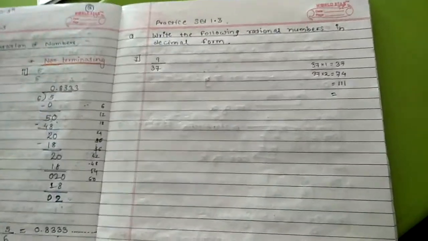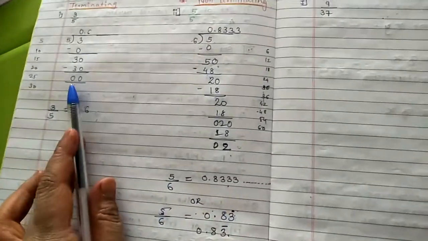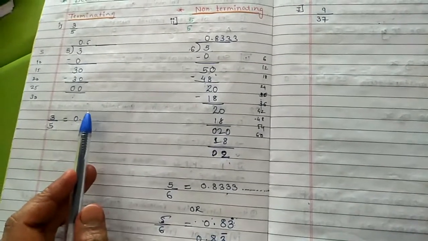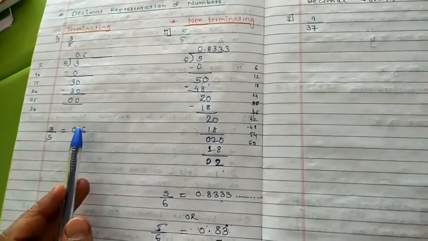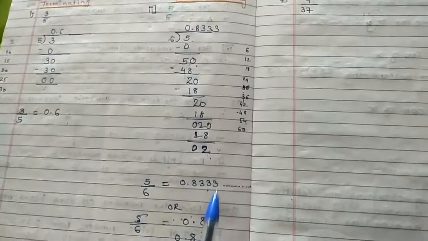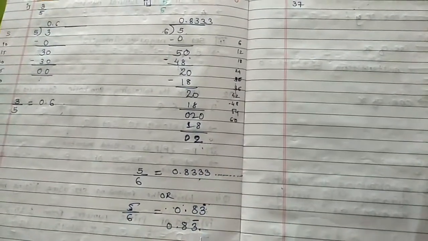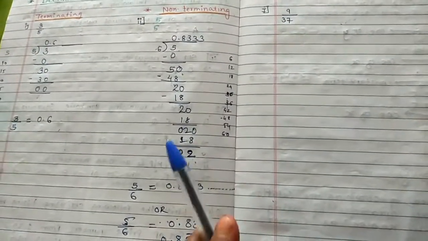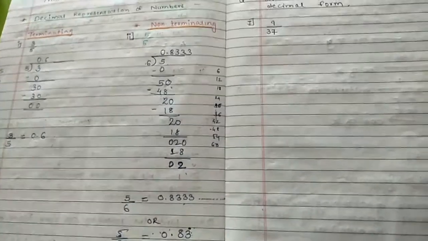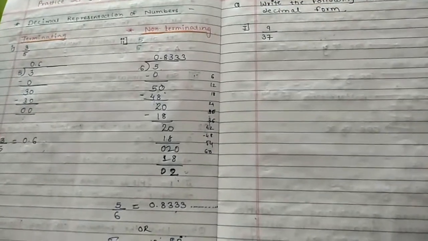That is question number 1 from practice set 1.3. And keep one more thing in mind. Suppose the remainder you are getting is 0, so you have to write the decimal form like this, and at that time there is no need to show the dot or the dash on the head because it is a full division. Here we are getting remainder 0. But we have to put the dot or this dotted line or the dash when we are not getting remainder 0, and that division is unending, and after a certain step of the division one number is repeated again and again.